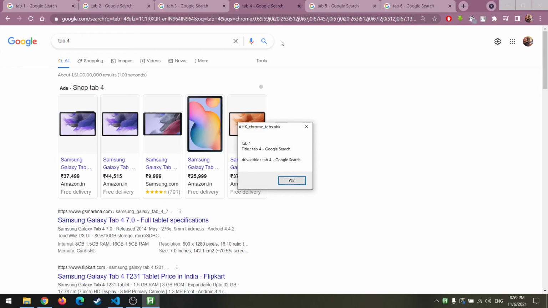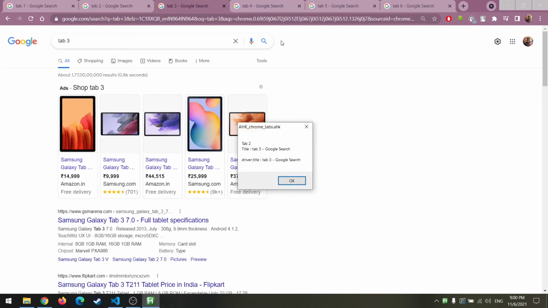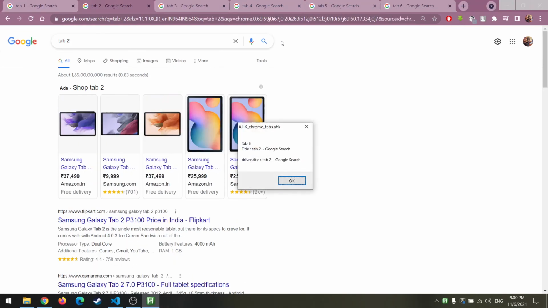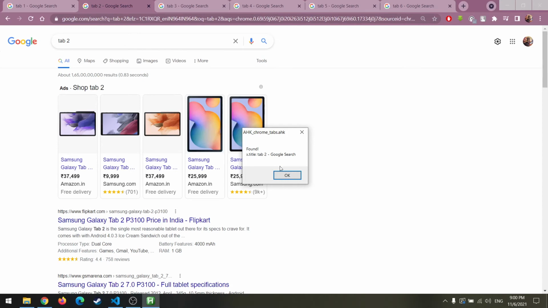Now the for loop starts looking through all the tabs and is looking for tab 2, which is the variable that I've passed. Goes to tab 3, goes to tab 5, goes to tab 1, and finally goes to tab 2. And here it should match the tab title with the desired title. And that's what it says, found x.title equals tab 2. And then it returns